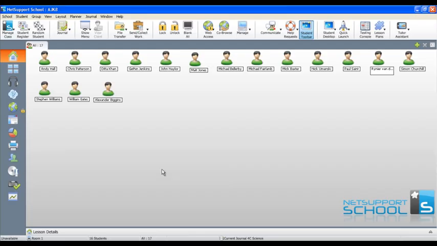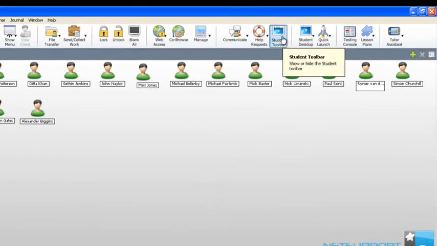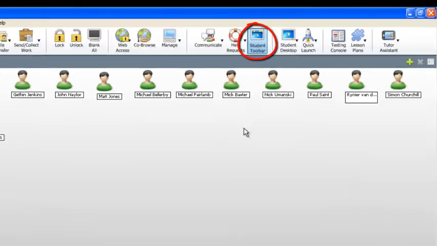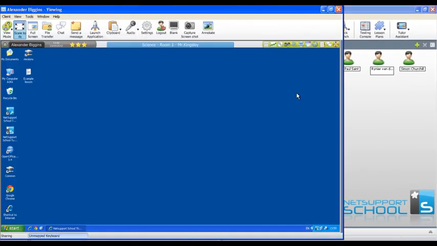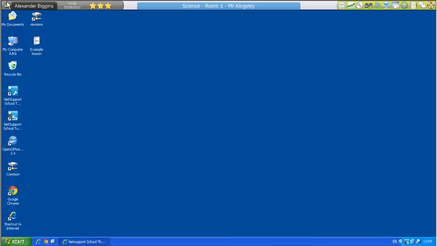Now when we talk about toolbars, another unique aspect within NetSupport School, namely the student toolbar, can be enabled or disabled using this quick link here. If we jump to a student PC, we're able to see at the top of the student's desktop is the student toolbar. We have the student's name, current date and time, any rewards that have been given to the student,